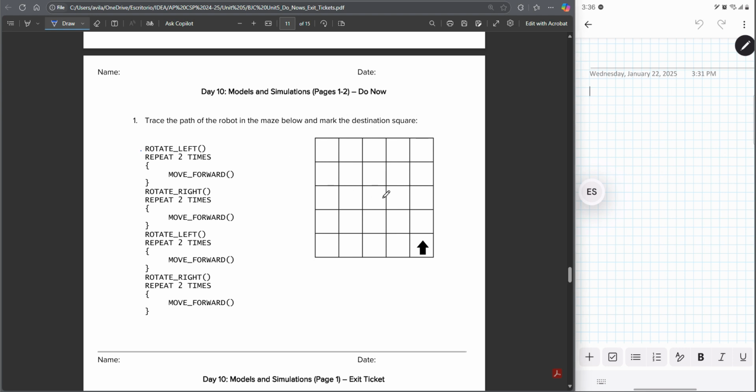So the first line, rotate left. So now it's going to point this way. And then we have a repeat 2. And it wants to move forward. So it'll move forward once, and then it repeats again, so it moves forward twice. Then it says rotate right. So then it's gonna point up,